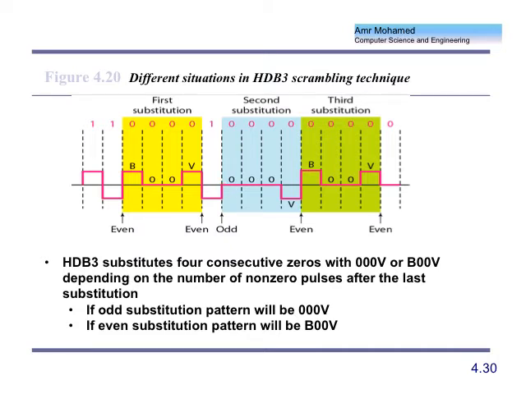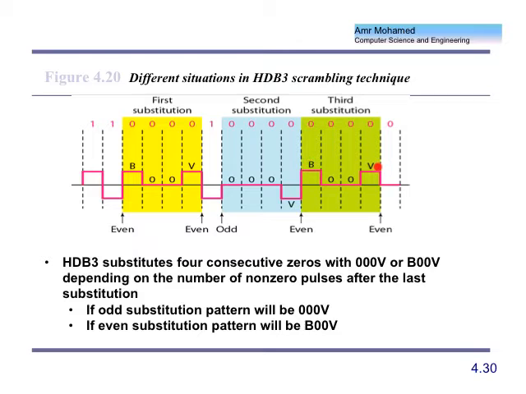Right? And then after that, I have another 4 consecutive zeros. So at this point, I'm going to interpret this as a new 4 zero pattern. How many changes do I have here? 0. Since the last substitution, I have no changes. 0 is even. Right? 0 is even. So I go to the substitution